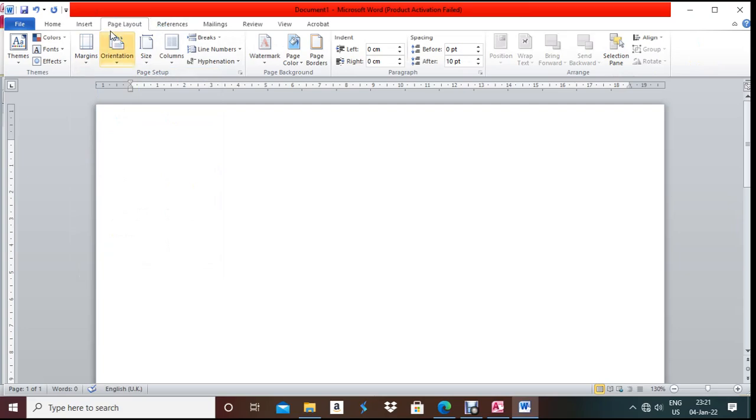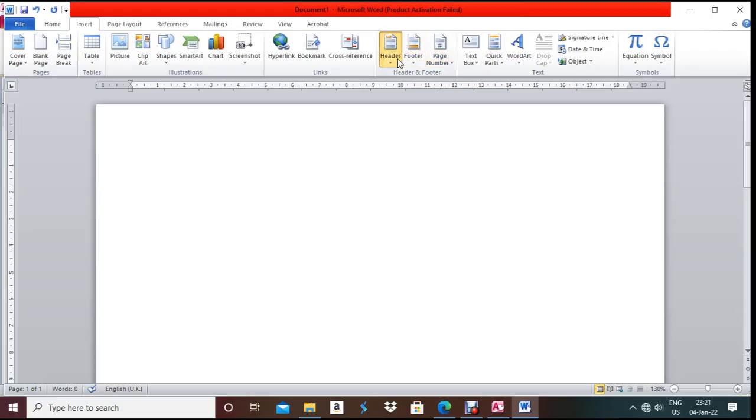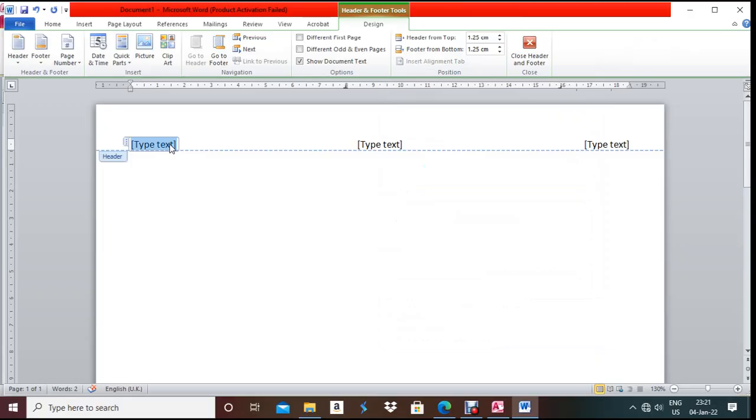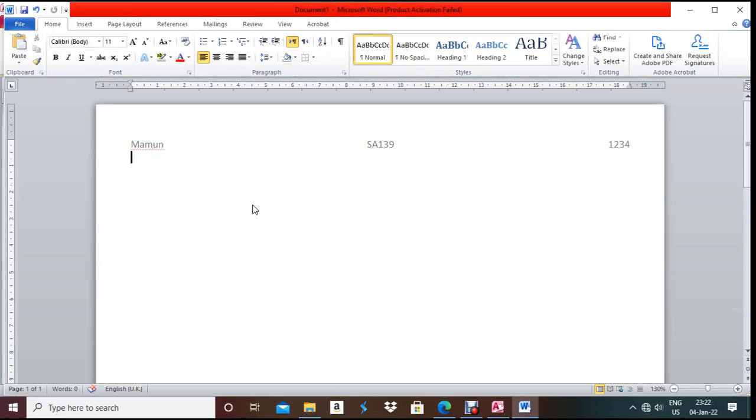So first you give your header. Inside the header, insert menu, header, you will choose the second option, so you can write your name. Then center number. If you are from boys side, our school center number is SA139 for boys, and for girls S6139. And candidate number, I'm giving one random candidate number. Now enter evidence